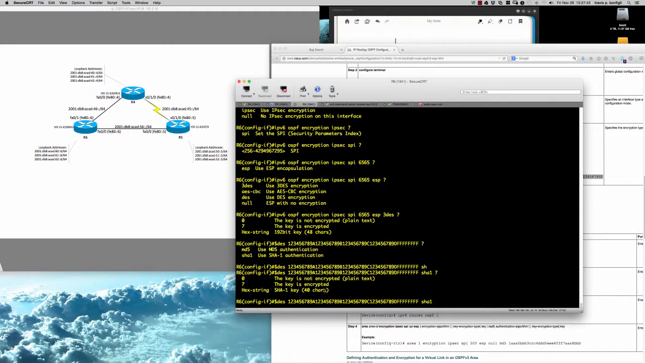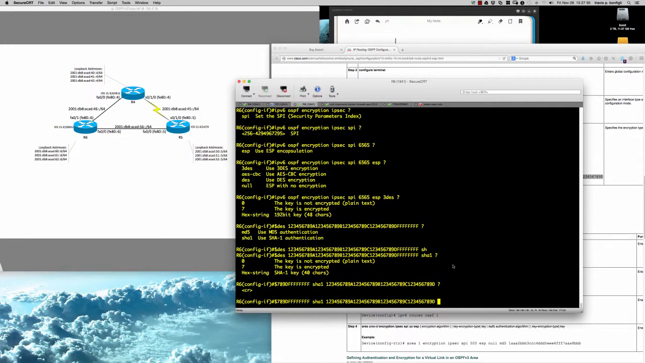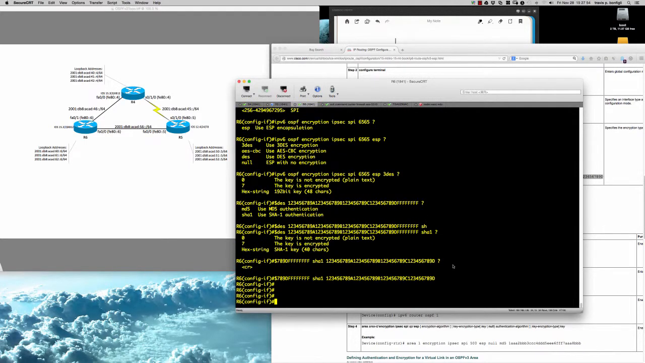And then again, a 40 character hex string, and we've already got that saved off. So we'll use that string there, and that is the entire command. That is definitely a very long command. So if I do a do show